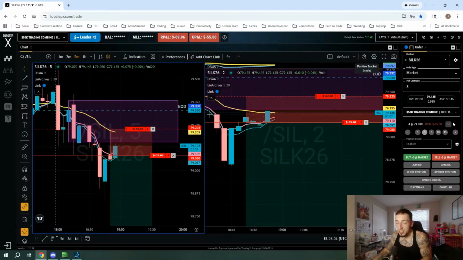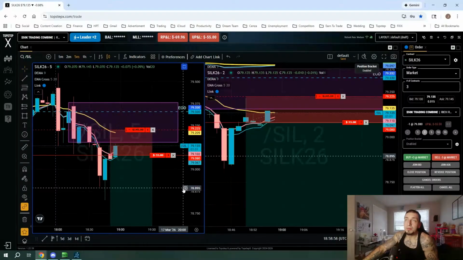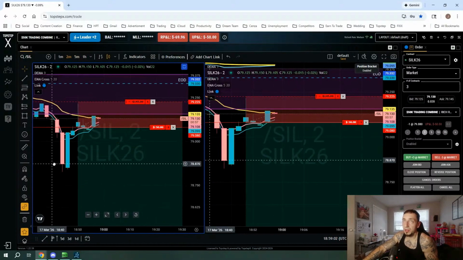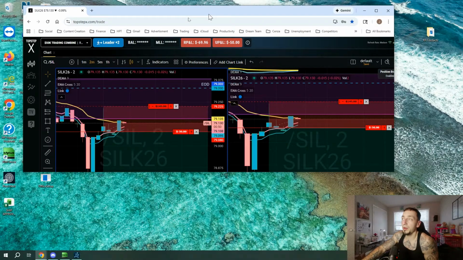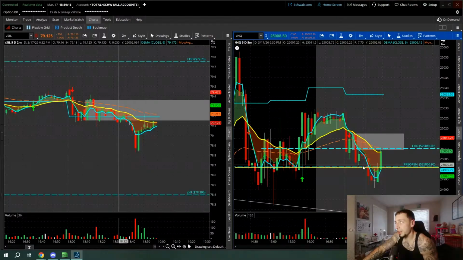What platform is it? This is Top Step. I like Top Step. It's pretty good. It's honestly the only one I've ever, oh no, I traded Earn to Trade. They actually hit me up for an affiliate program. They wanted me to promote them on YouTube and stuff. They gave me a free account and I tried to trade it. I really didn't like it that much. So,